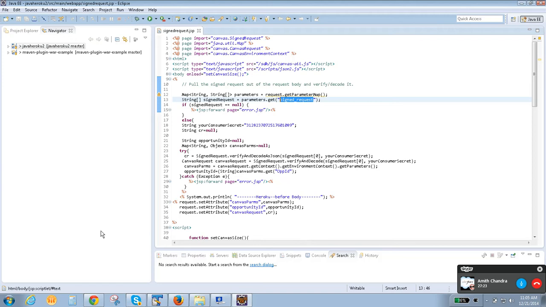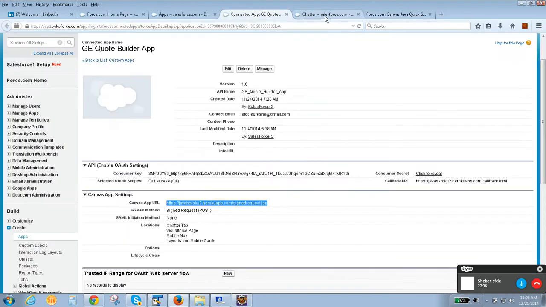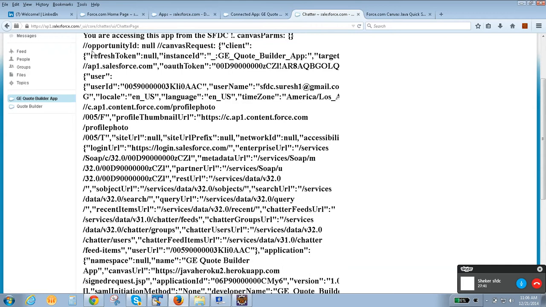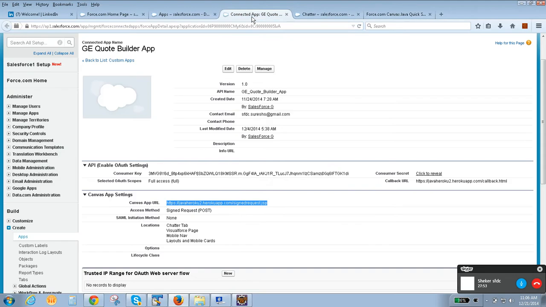Okay, so you are going to access that URL, which is a JSP page. And for that page, are you passing the parameters? No, the Canvas app itself takes care of passing these parameters by default. There is no need of setting anything in the JSP. You are just placing that JSP URL, right? Yeah, correct. The JSP is nothing but a page that we need to open in your Salesforce application, right?